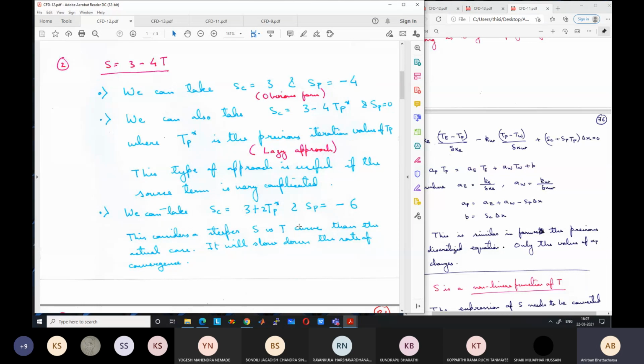Why is slowing down convergence helpful? We will see another method of slowing down convergence using something called under relaxation. If some of you are using software like ANSYS Fluent, you will see that there is something called a relaxation parameter or under relaxation parameter. I don't know the exact term they are using, but it is the same thing, which we will study later on, maybe tomorrow, where we will see that by varying that parameter also you can slow down the convergence.